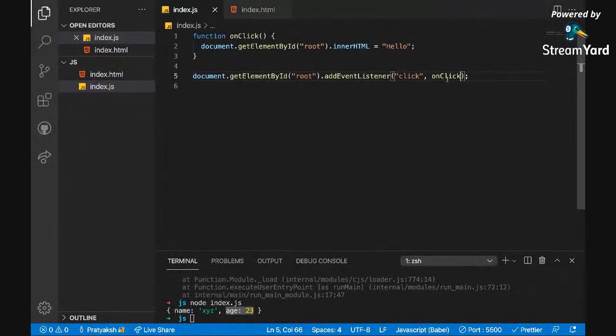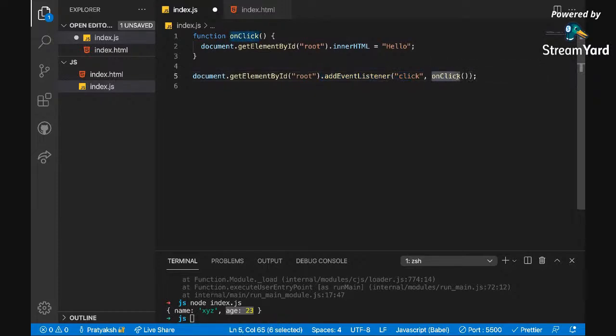Now, what happened was when I give the parenthesis, I enforce the function call. When the program compiled, my compiler was on this line. It saw okay, document.getElementById, then addEventListener, then on click you have to call this function.